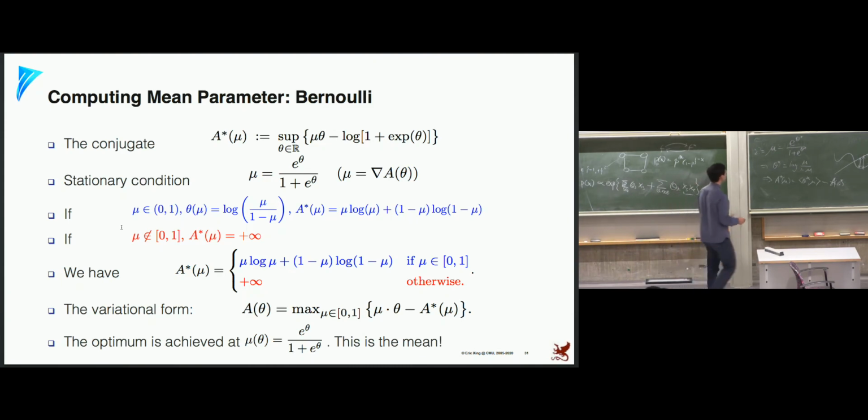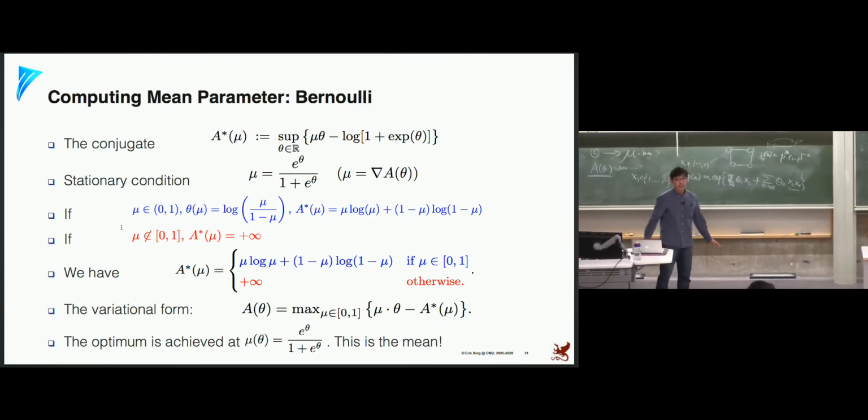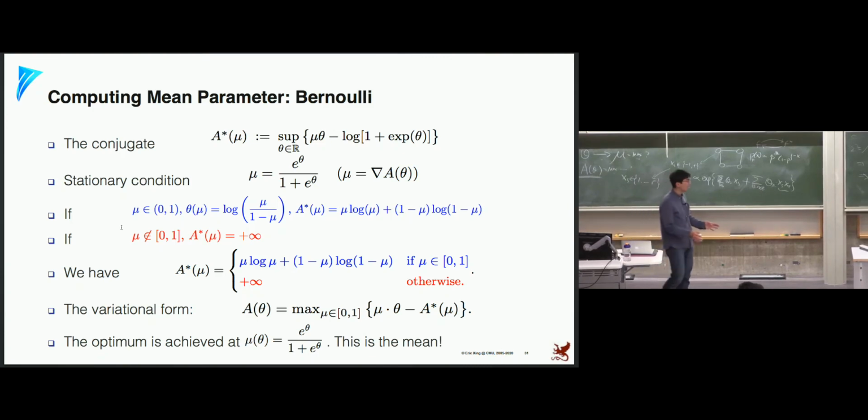Yeah, so it's obvious that mu has to satisfy some range. So we can't define A star for the entire real line. A star is defined on a restricted set of values. So A star should only be defined on a very small region compared to the entire real line. So that's what we say here. Mu has to be between 0 and 1, and otherwise we lift everything to infinity, and that's effectively restricting the domain of A star to be between 0 and 1.